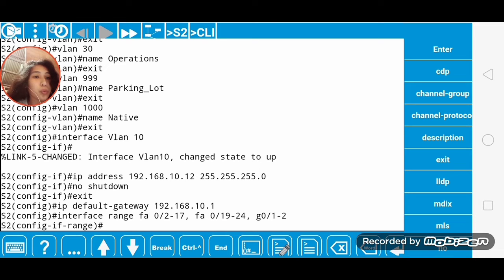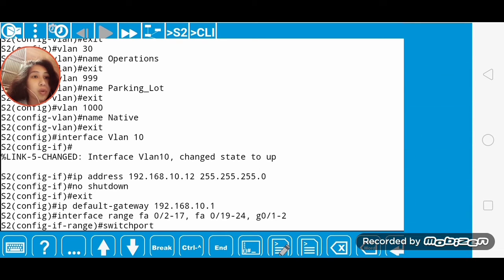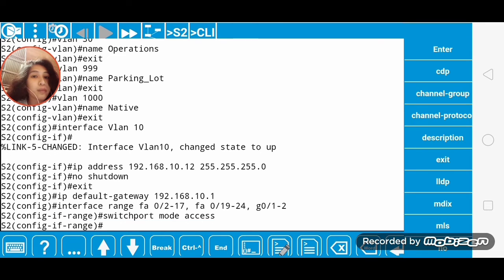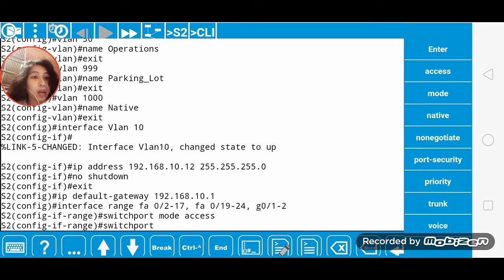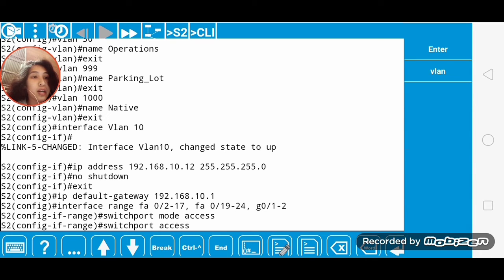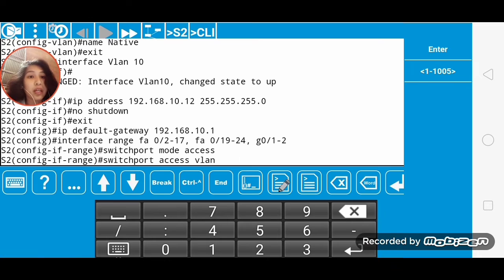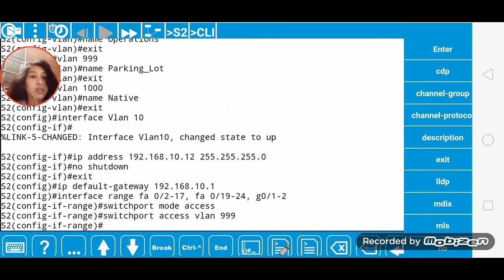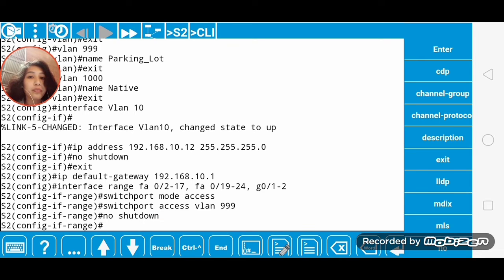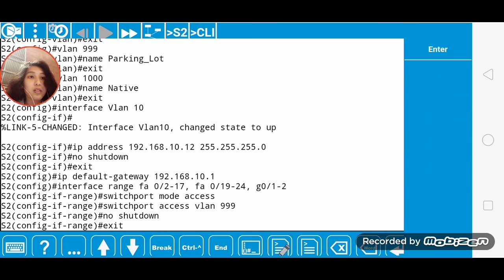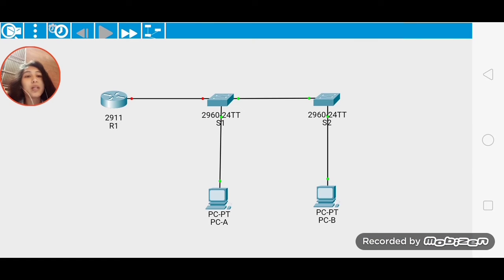So switchport mode as access, and switchport access VLAN 999, and the no shutdown command, enter. Exit, enter. Okay, now we're done. Let's proceed to the